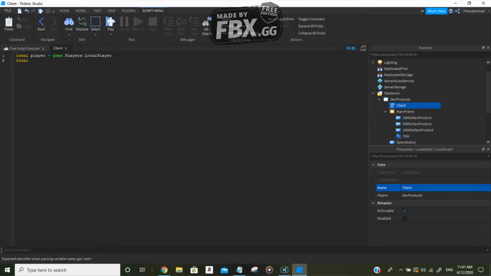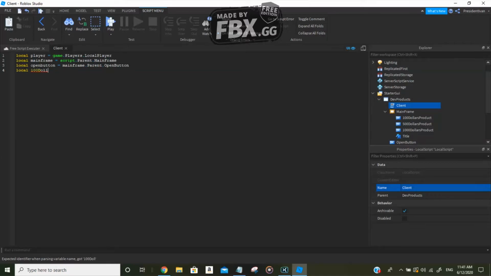Local mainframe equals script.Parent.mainframe, local open button equals mainframe.Parent.open button, local